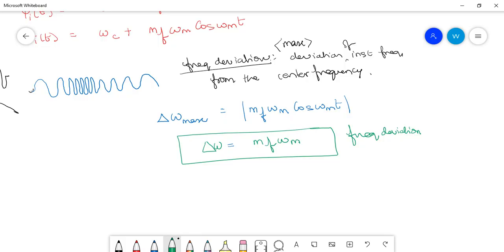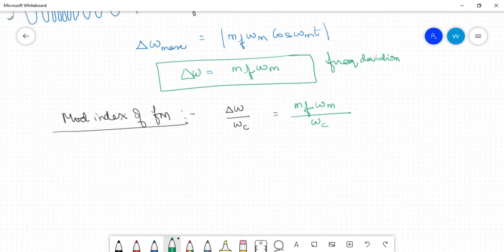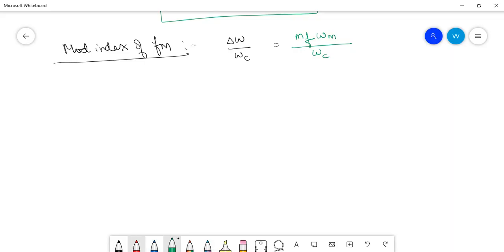Okay, so now we can define the modulation index of FM. This is basically delta omega, which is your frequency deviation, divided by the carrier frequency omega c. So it basically becomes mf omega m divided by your center frequency omega c. So what is the conclusion that we can derive from here? That the modulation index